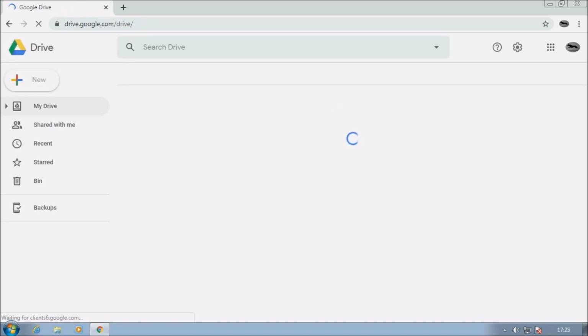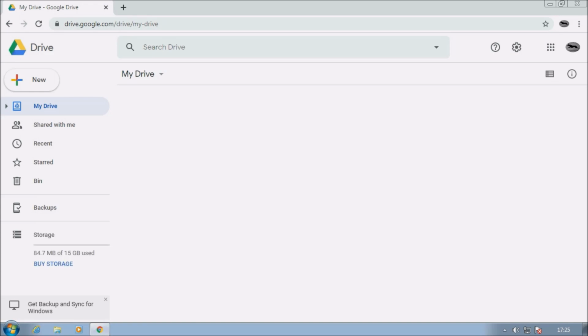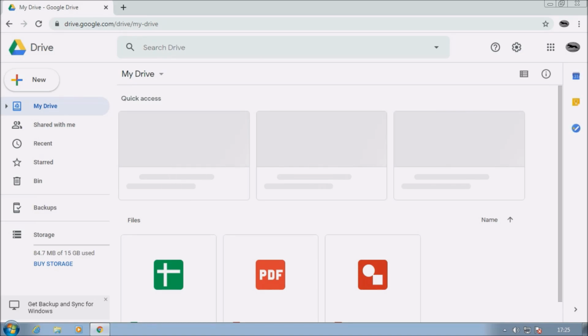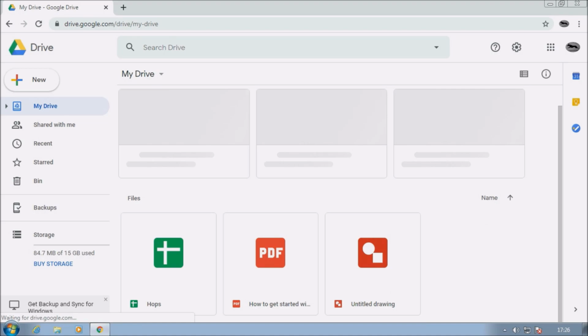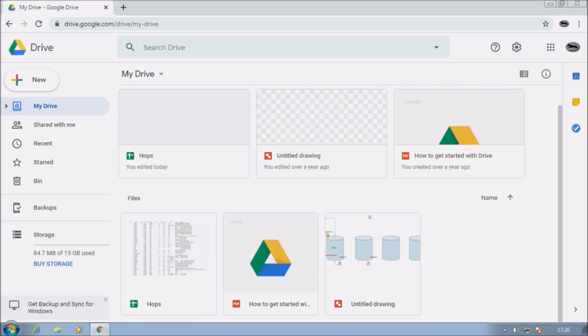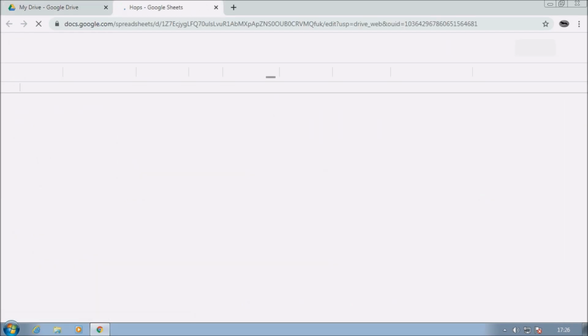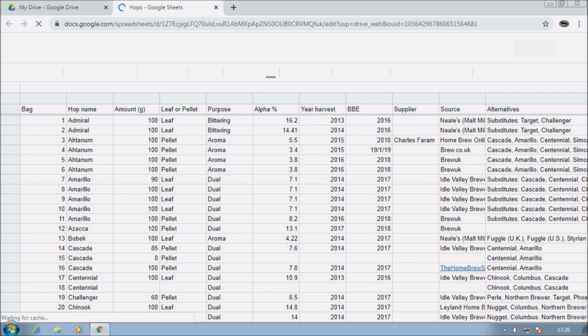So in my drive, I now have a file called hops. There it is at the bottom left, even with a little preview. So if you select that file, double click it, it will open in another tab in Chrome, just as we